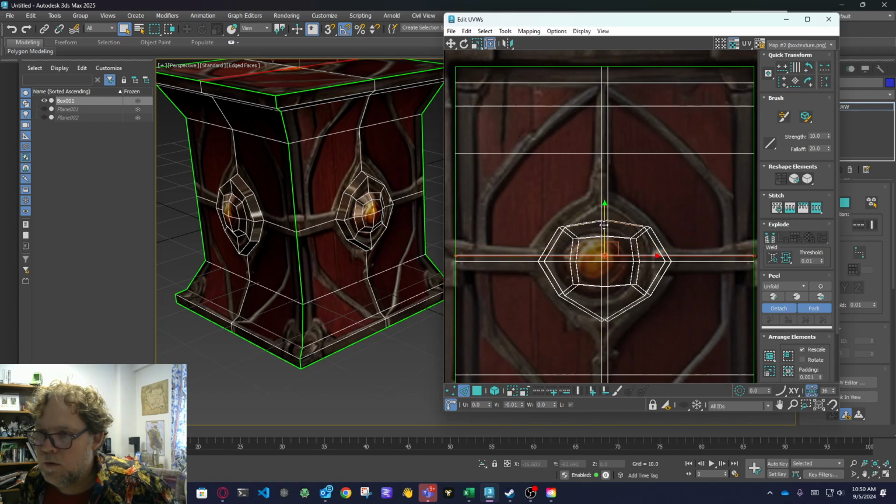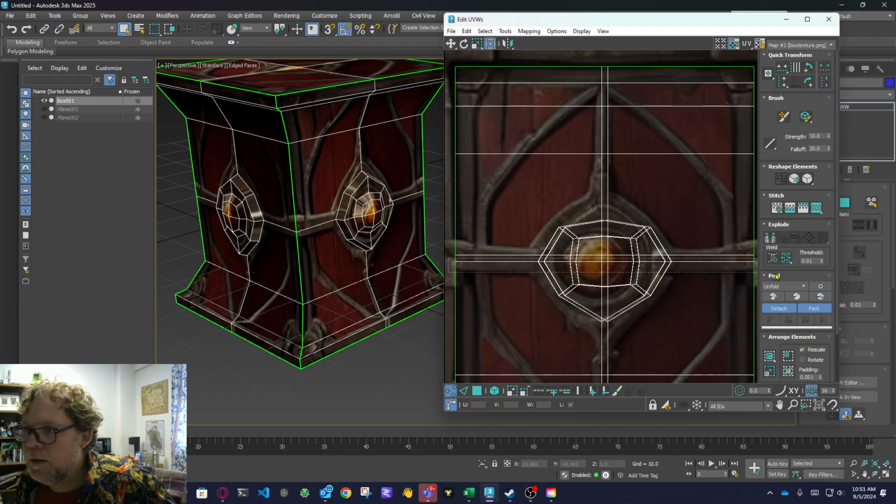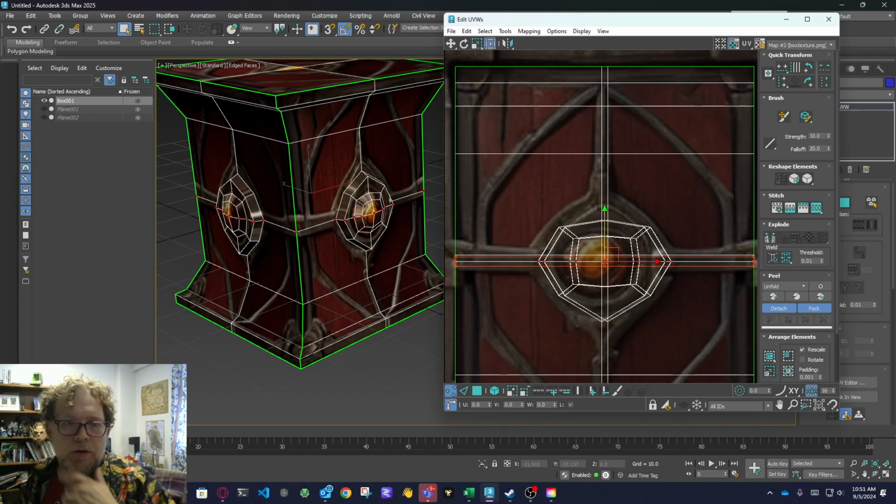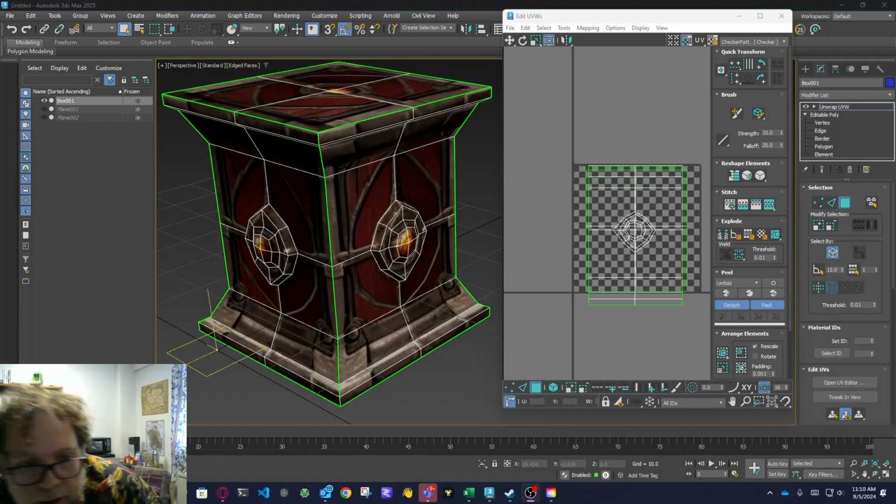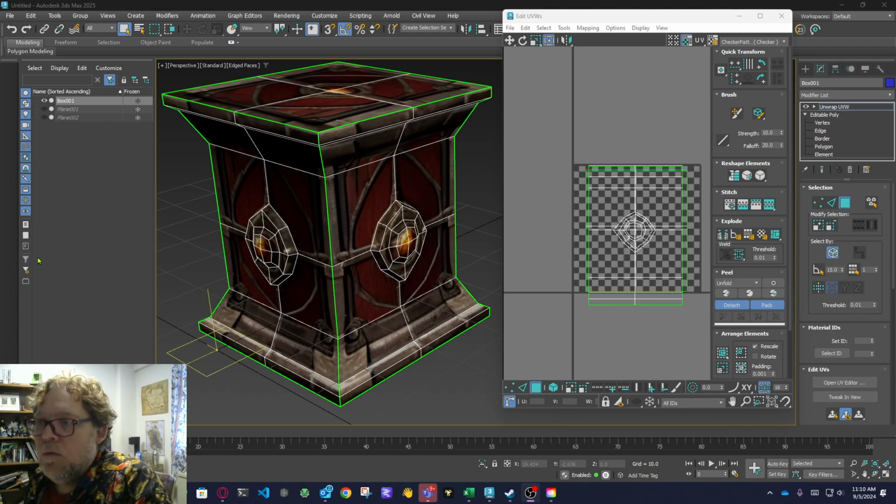All right, I'm going to put them there, and then this one might be a little trickier to get right. All right, but basically what you're going to do is move these around till you're happy with how it looks. All right, here you can see one that I've been fiddling with for a while,